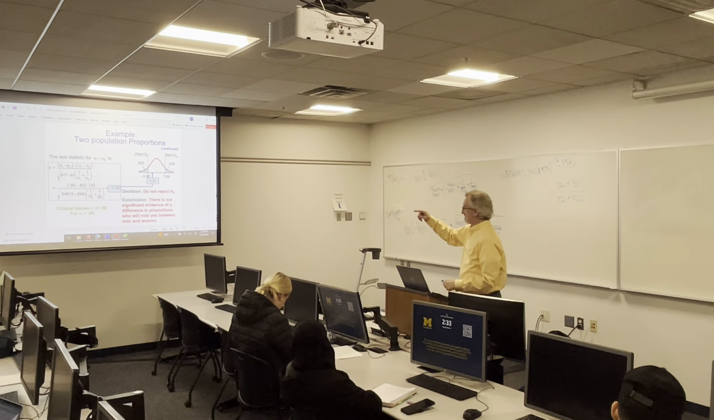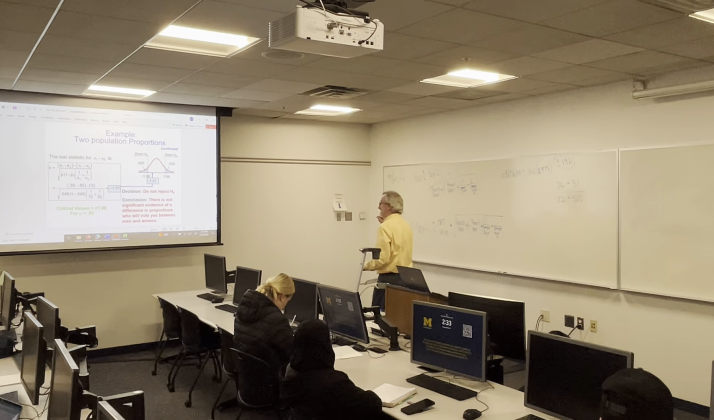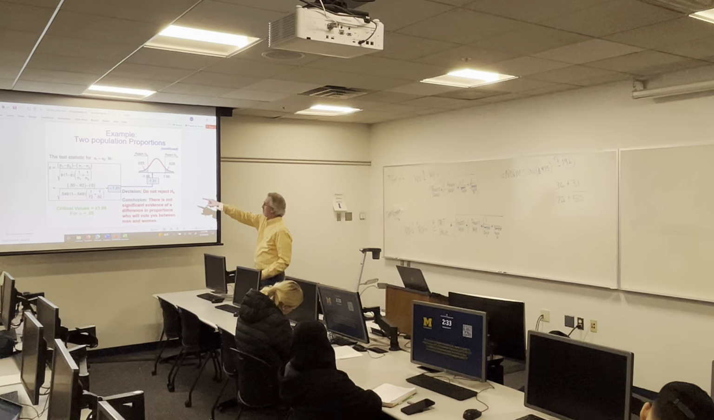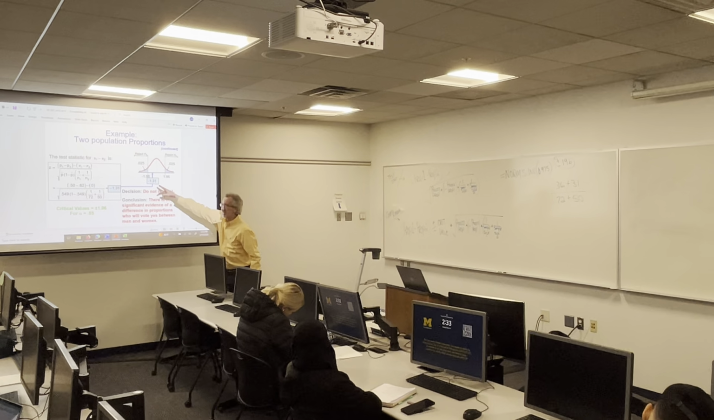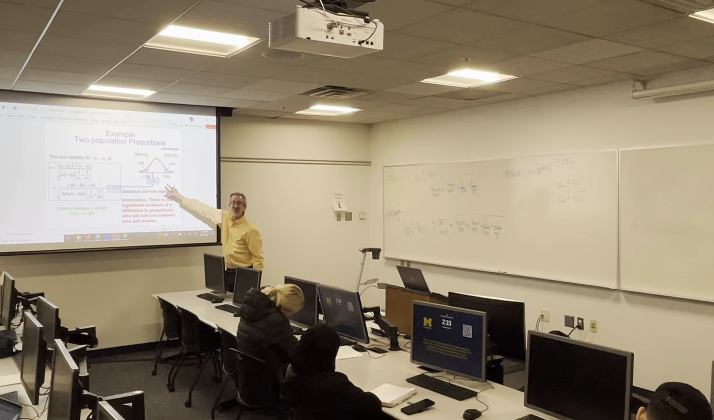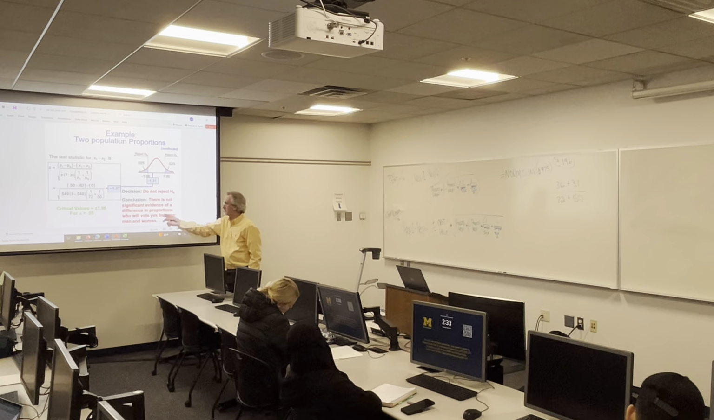Our Z test statistic is negative 1.31. There's negative 1.96 to the far left. There's positive 1.96 to the far right. Negative 1.31 lands between the two critical values, which means we cannot reject. We do not have significant evidence that there is a difference between the proportions